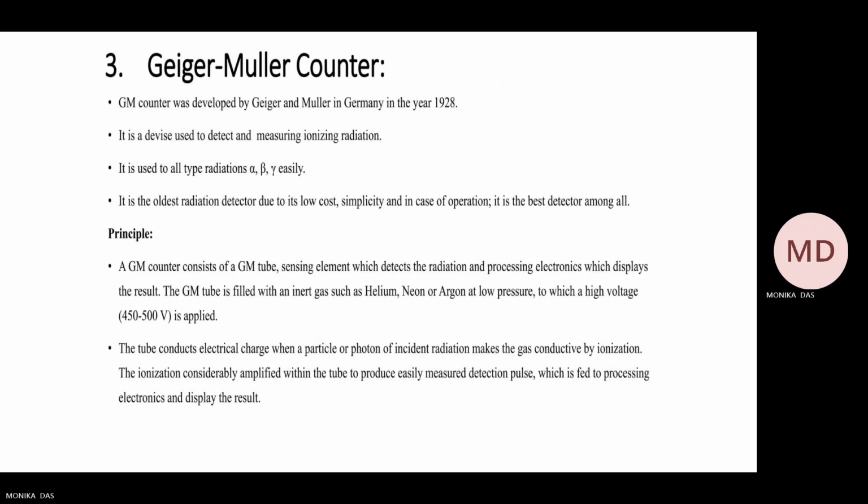So, the principle is that the Geiger-Müller counter consists of a GM tube, the sensing element which detects the radiation, and processing electronics which display the result. The GM tube is filled with an inert gas such as helium, neon, or argon at a low pressure, with which a high voltage is applied. The tube conducts electrical charge when a particle or photon of incident radiation makes the gas conductive. The ionization is considerably amplified within the tube to produce an easily measured detection pulse, which is fed to the processing electronics and